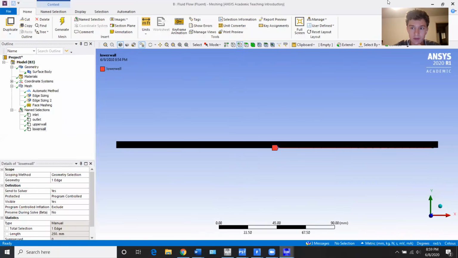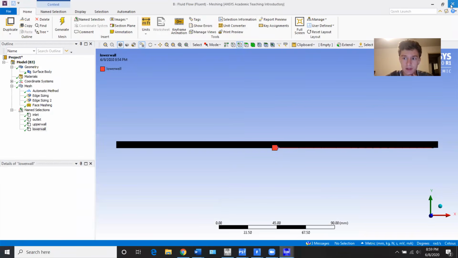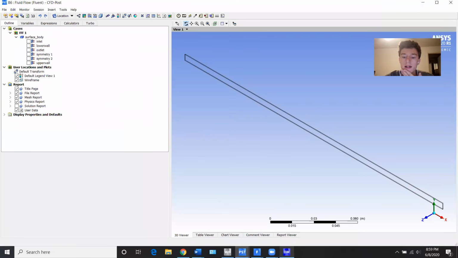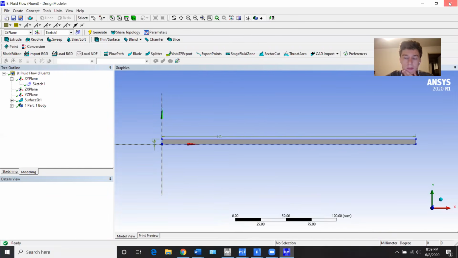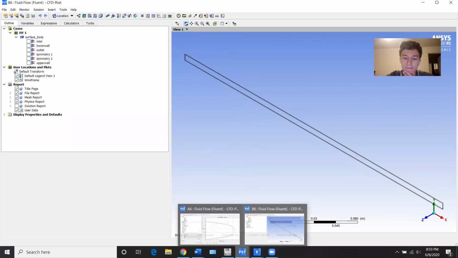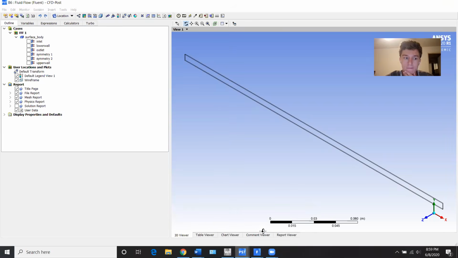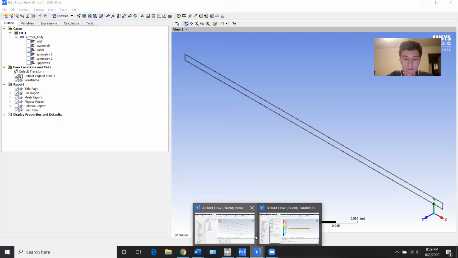I'm just going to close the meshing because we're not going to need that anymore. And the design modeler. Okay, so now we have here